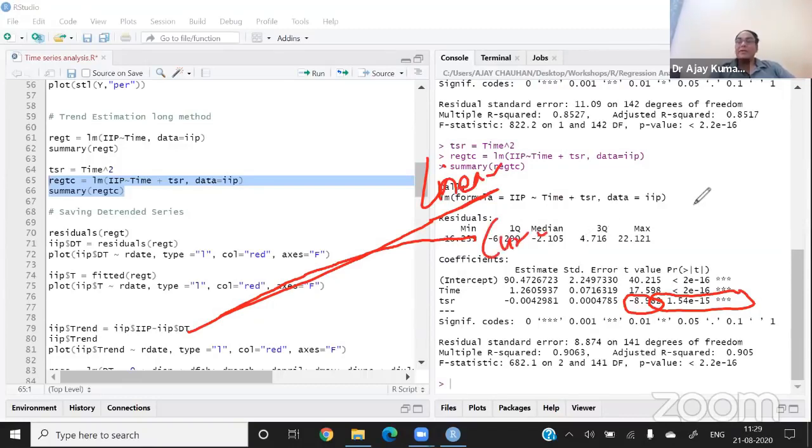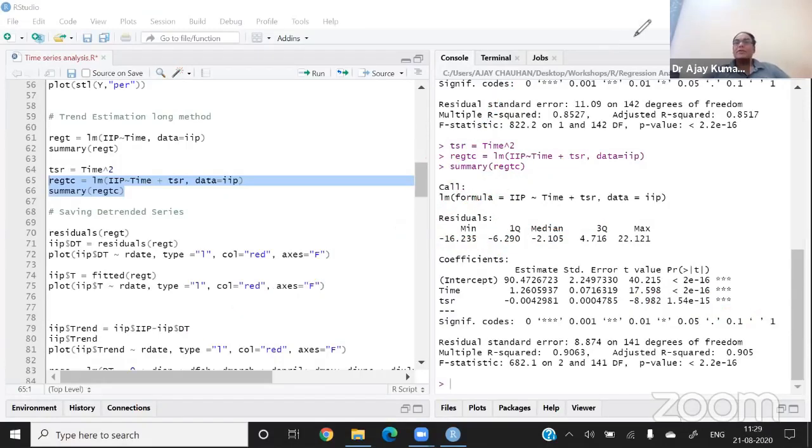So this is a linear trend, and this is a curvilinear trend. A curvilinear trend means the trend is slightly moving down with time, right? This is not a linear trend. This series is basically the curvilinear trend. And sometimes if the coefficient of the curvilinear trend is positive, it means it is moving like this. So whenever we analyze the trend, we should analyze whether it is a linear trend, whether it is a curvilinear trend, or whether it is a downward sloping curvilinear trend, or an upward sloping curvilinear trend. By this exercise, I hope you understand the meaning of all these trends.